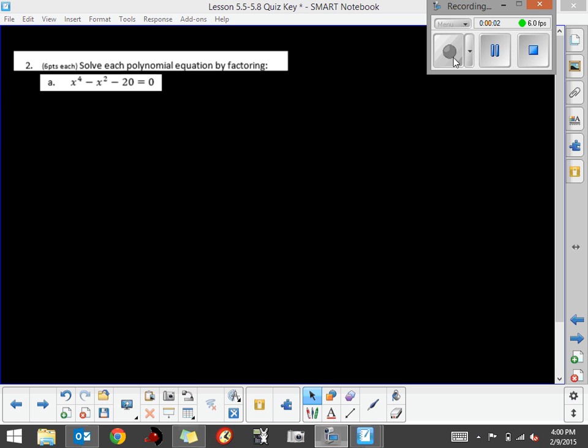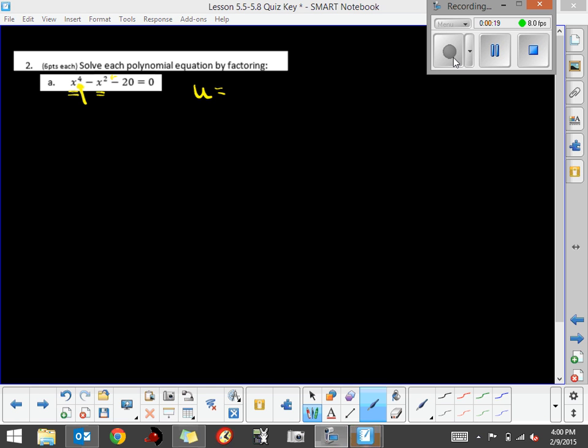In question 2a, we're solving the polynomial by factoring. Now this is a fourth-degree polynomial, which we really haven't dealt a lot with. So what we said we can do, if we have a fourth-degree polynomial that is quadratic in nature, in which this exponent is twice the size of the other exponent, then we can rewrite this by using some substitution principles